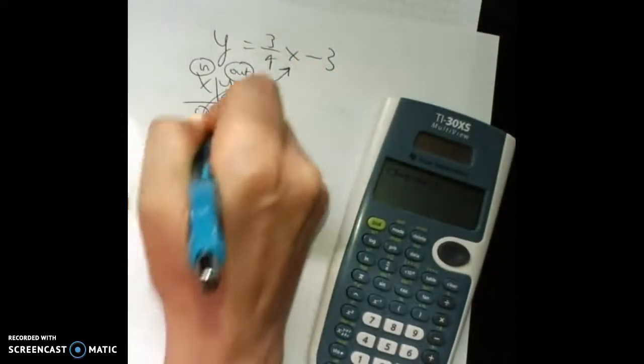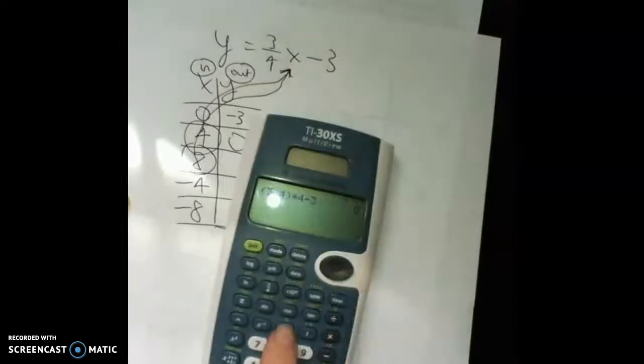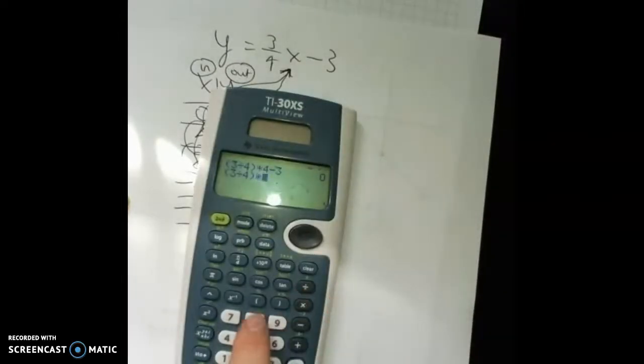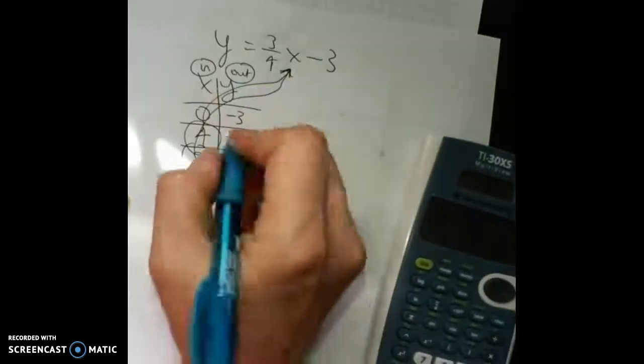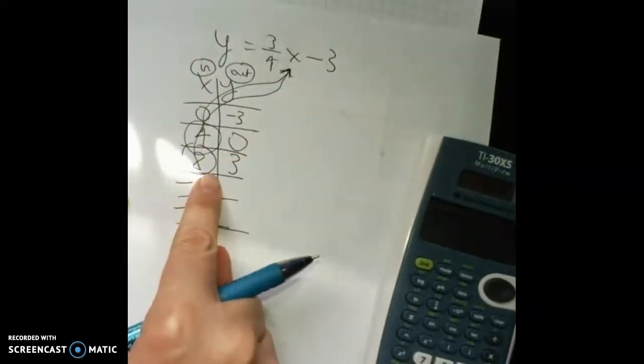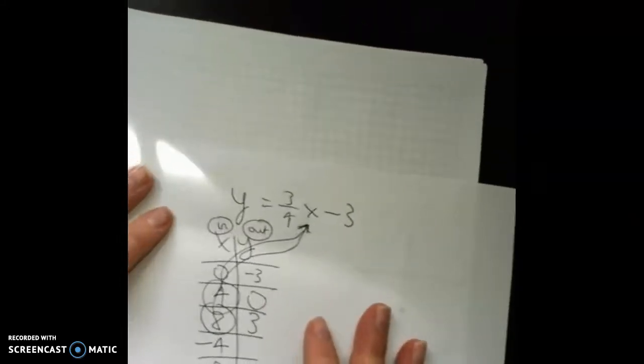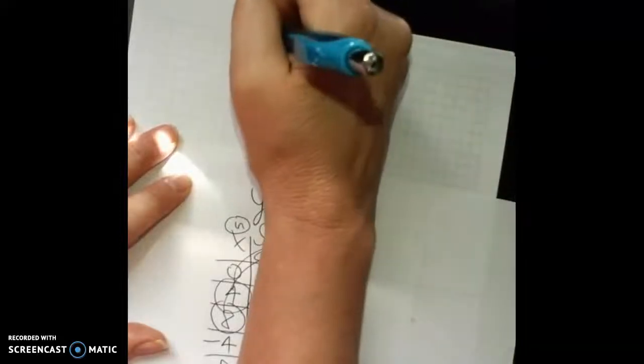And then again, I could shove in my input. So I'm going to take parentheses 3/4 times, what do I have? 8. So times 8, and then minus 3. And then the formula gives me the output of 3. And what this does for me then is, then I have points to graph, right? So if I take this piece of graph paper, I need to go to 8 though, correct? So let me,